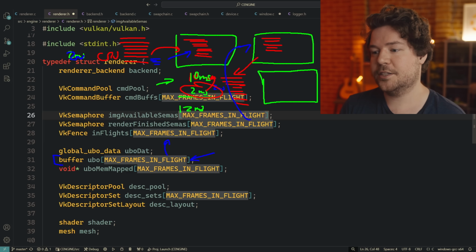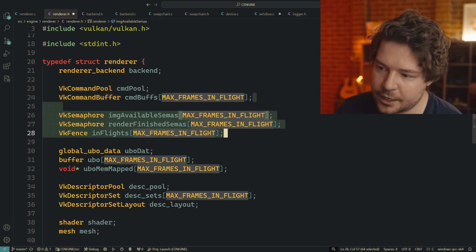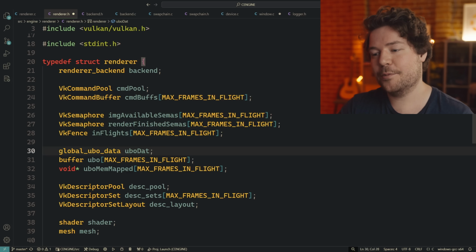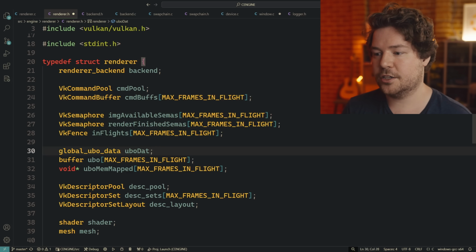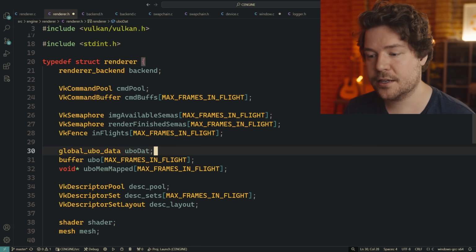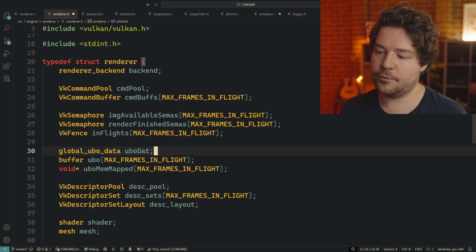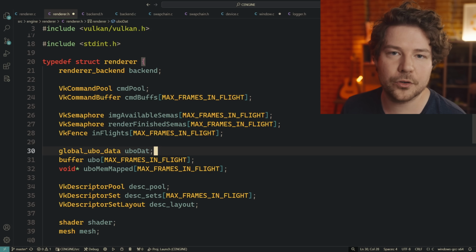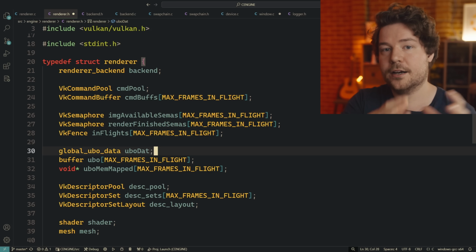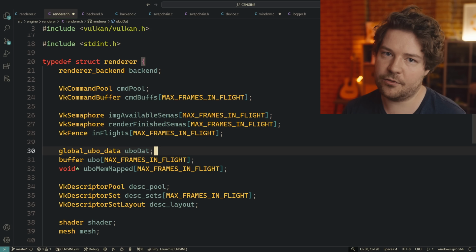And all of this is possible because you account for it and you have this max frames in flight situation, where you can have more than one frame in flight, meaning more than one frame currently being worked on by either the CPU or the GPU. Even though, yes, in most cases your GPU would probably only have one graphics queue, and we're not going to talk about compute or anything here. So you are rendering frames one at a time on the GPU. The CPU can just run ahead a little bit.